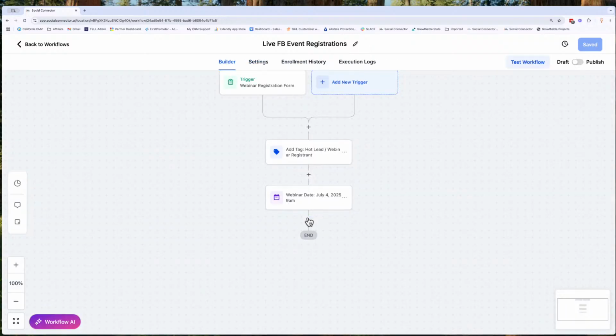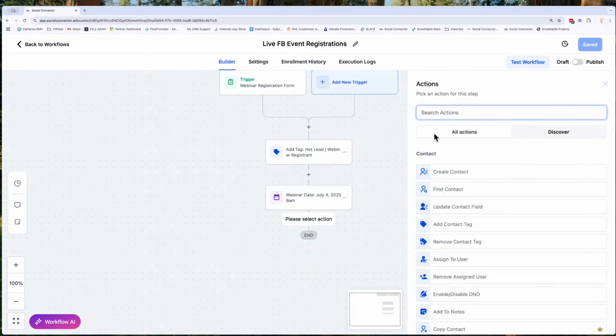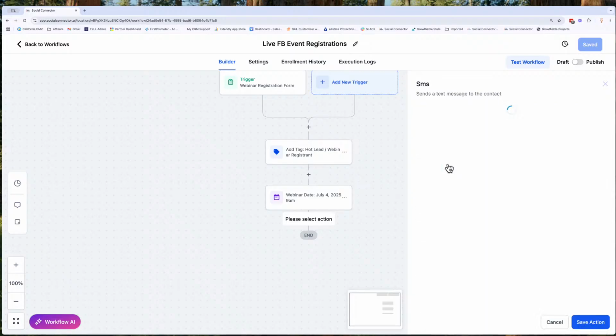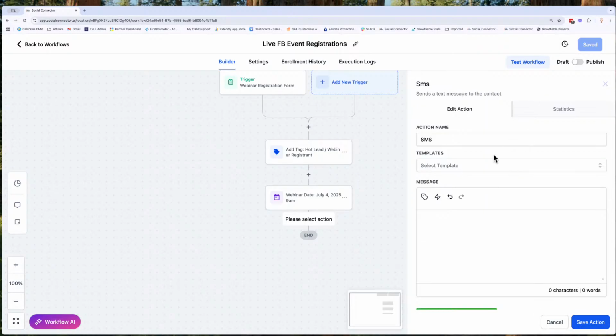So now we have our time. We can go through the exact same process we always have. And what's the first thing we always do? We send out our confirmation. So we're going to send a text message just as an easy confirmation for us. And we're going to say, congratulations. Here, let's even do a fun little emoji. And we'll use the fire emoji. And we're going to say,